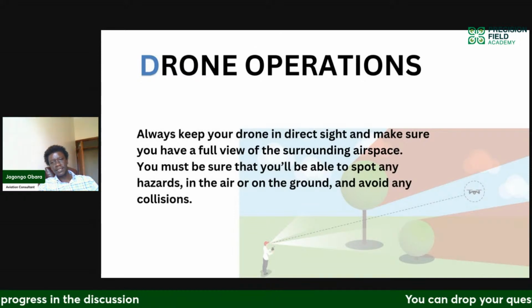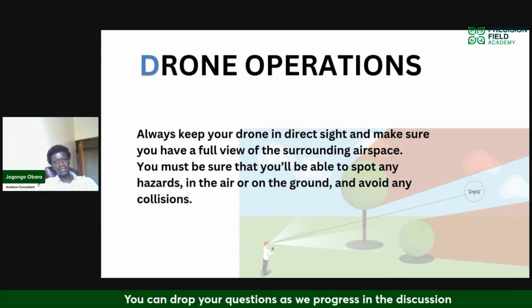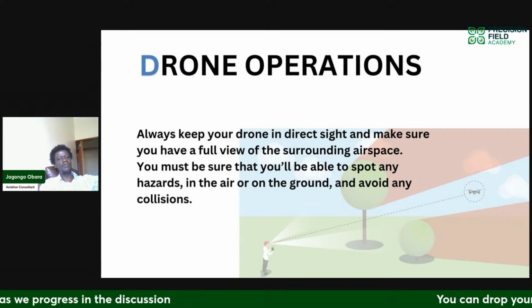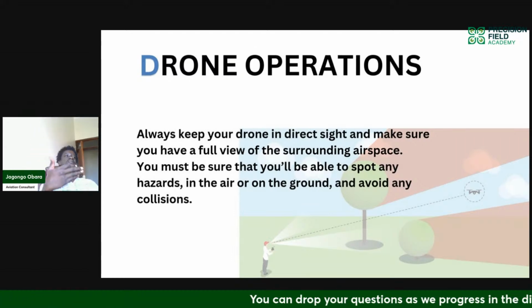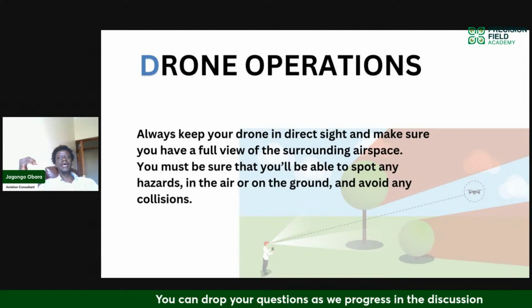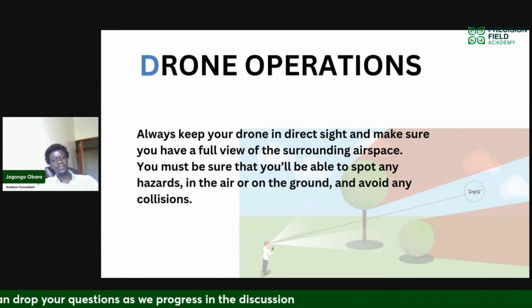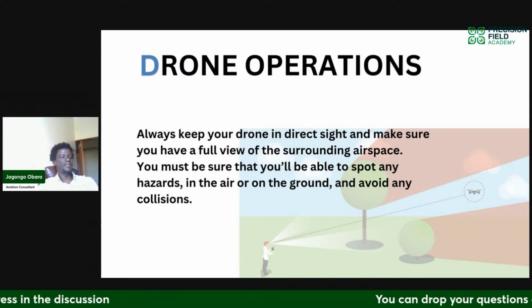So anything that you're seeing in this picture that is in red, you do not want the drone in that section. You always want to keep the aircraft within reach where you can observe it. And this does not matter, whether it is behind a tree, whether it is behind a building, whether it is behind so and so. Make sure that the drone is never in a situation that it is beyond your visual line of sight, or that you cannot see where it is or what it's doing.